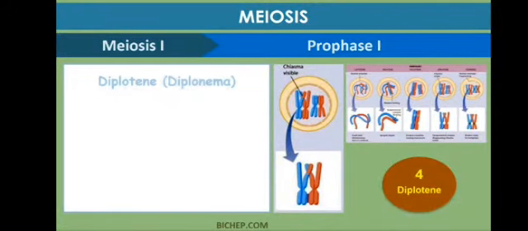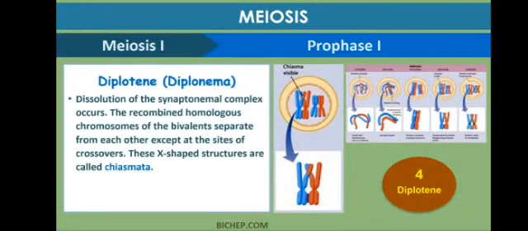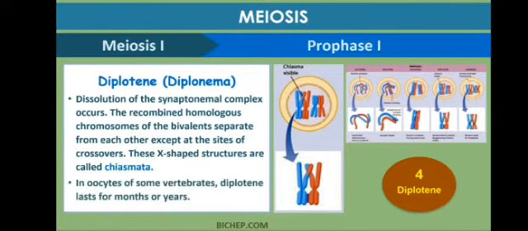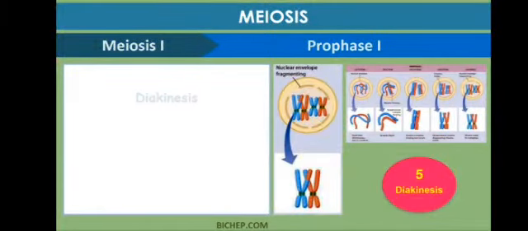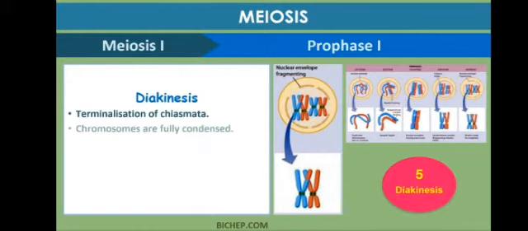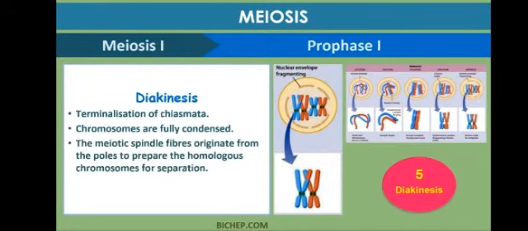The next stage is the diplotene stage, in which dissolution of the synaptonemal complex occurs. The combined homologous chromosomes of the bivalent separate from each other, except at the site of the crossover. That X-shaped structure is still visible, and that is known as chiasmata. In diakinesis, the chiasmata are completely terminated and chromosomes are fully condensed, and spindle formation starts, and